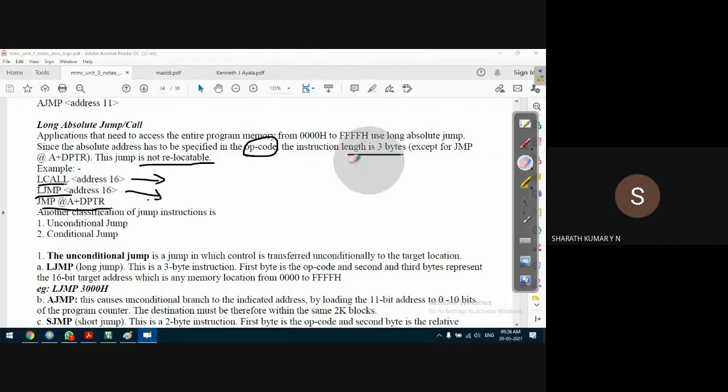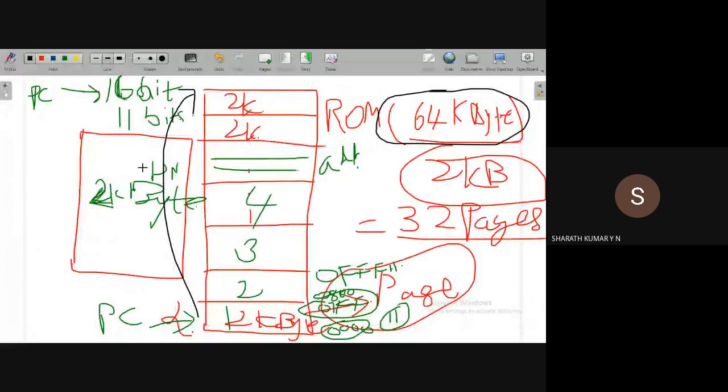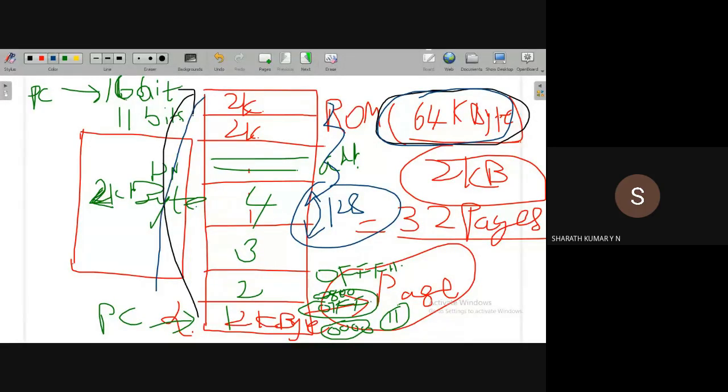It is jumping anywhere within the memory. Say a relative jump has a range within 128 bytes. This can be relocated anywhere within the memory, because 128 bytes out of 64 kilobytes leaves sufficient space to relocate. But if the jump covers 64 kilobytes and the memory is only 64 kilobytes, how can we relocate it?